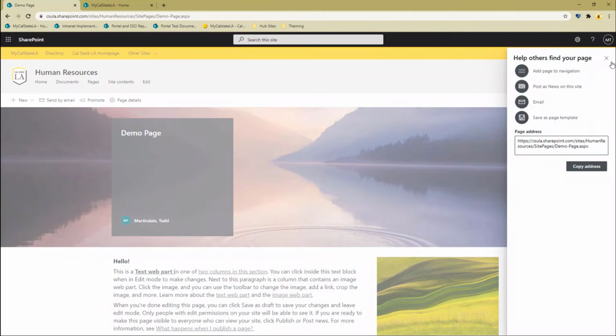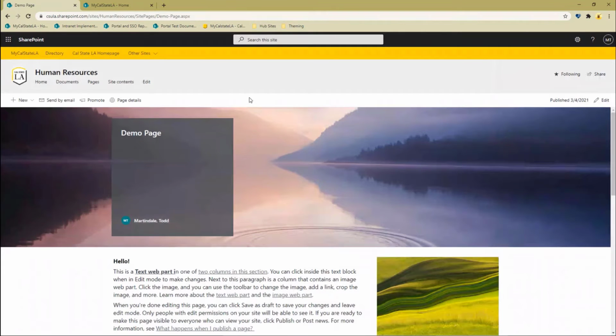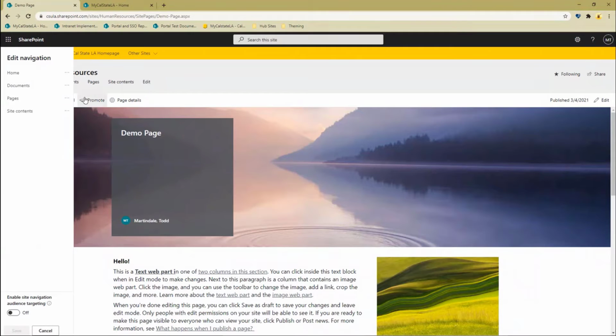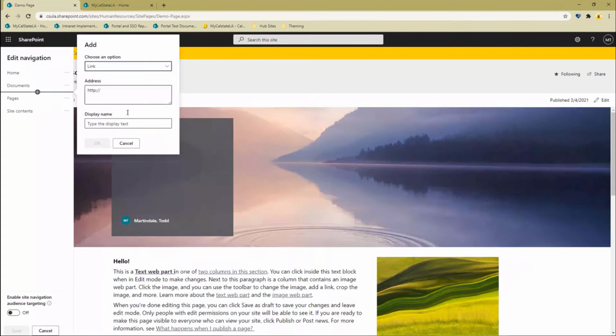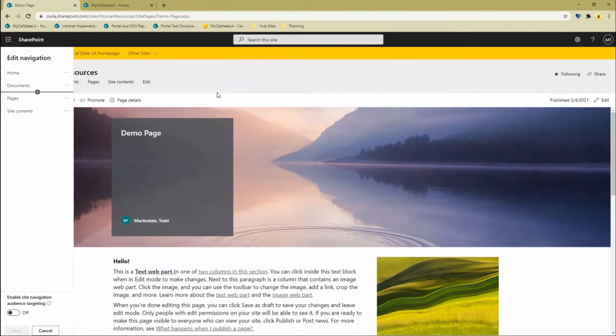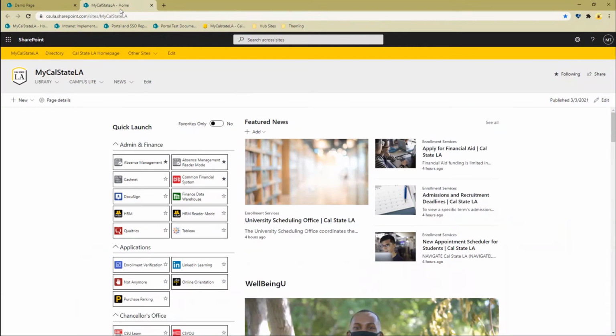If this is a site that you did want to add to the navigation, you could copy this address and then send it to Alex's team, and they would be able to come in here, edit this menu, and add the link to it here for you wherever you wanted. And we can put folders in here. As you saw on the main page, we can have folders, and you can also audience target it so that only certain folks can actually see that if you needed to.